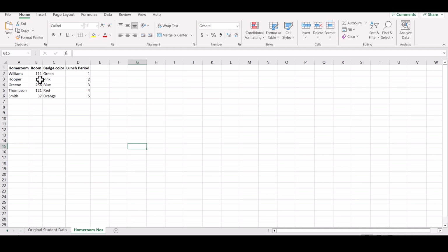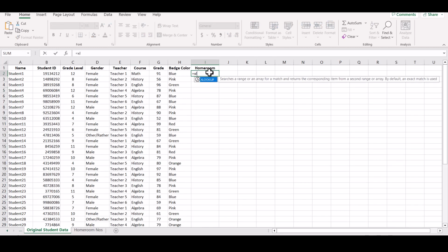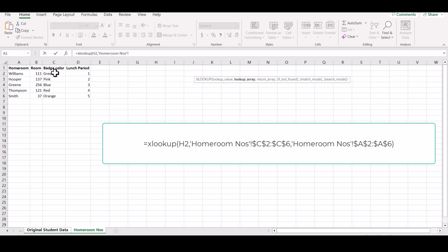So with XLOOKUP, you can leave your data structured the way it is, and we'll be able to match on the badge color and bring in the homeroom teacher's name. Very similar formula. You say equals XLOOKUP. I want to match on that. And where to look? Look here. And hit F4 so you get the dollar signs so that your range doesn't shift,